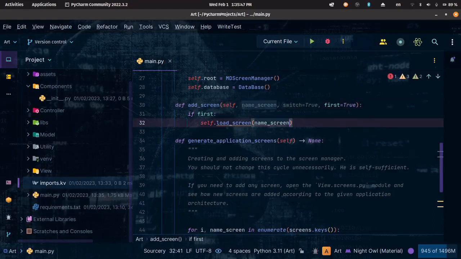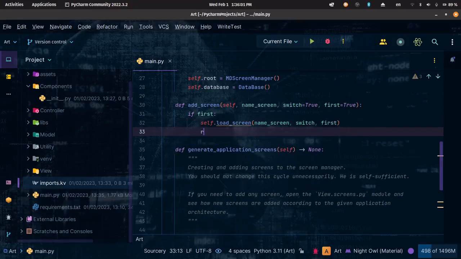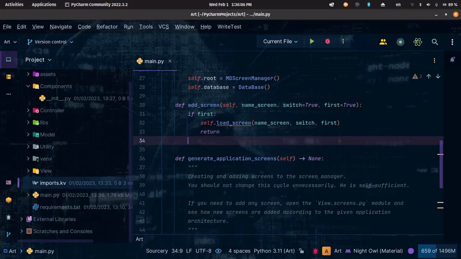And it's going to take switch and then first. Yes. And when we are done, we should just return. Now, if not,